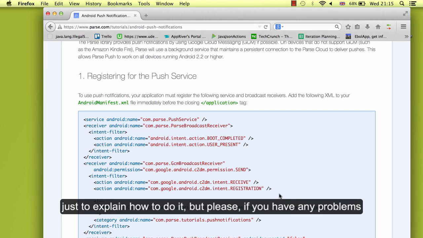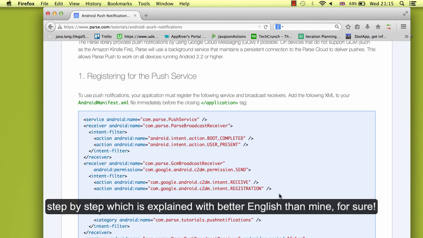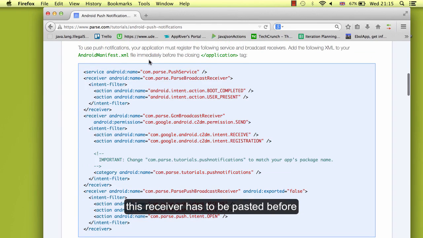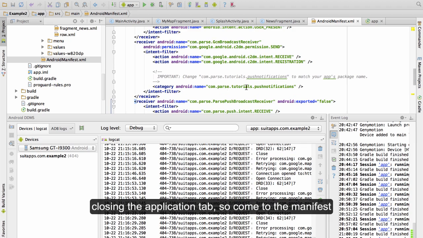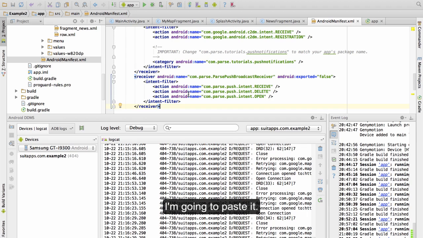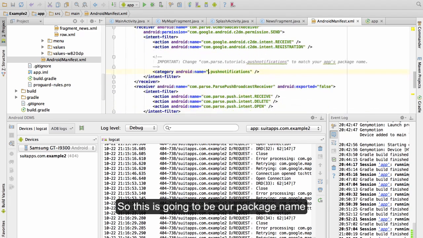But please, if you have any problem, just repeat the video or take a look at this step by step, which is explained with better English than mine for sure. So okay, I'm going to start copying the receiver. This receiver has to be pasted before closing the application tab. So come to the manifest, and before closing the application tab, I'm going to paste it. It also says that every time that you see com parse tutorial, just change this for your example. Look at this comment. So this is going to be our package name, which was